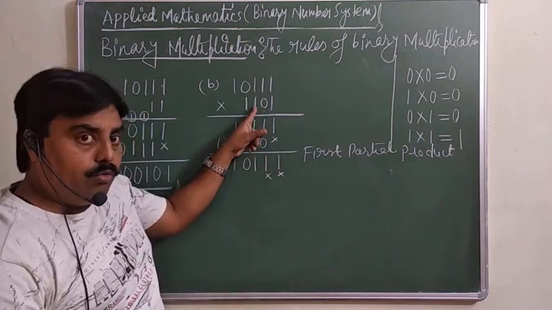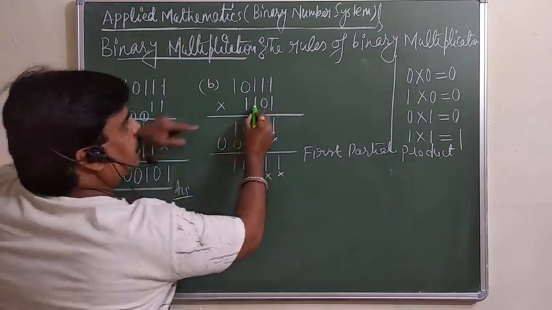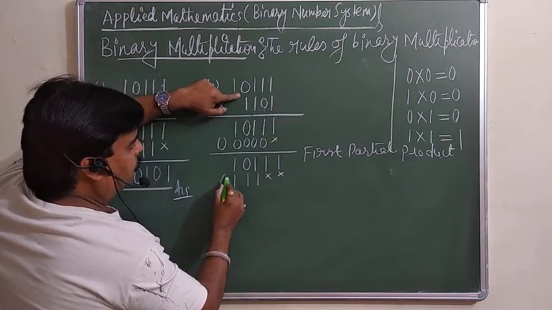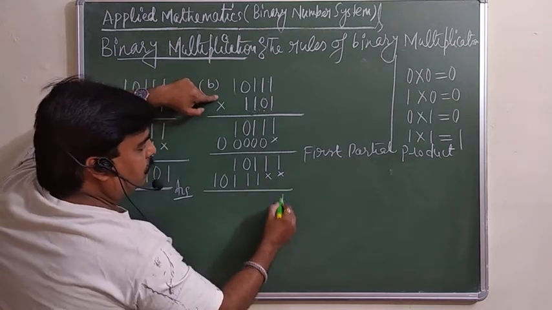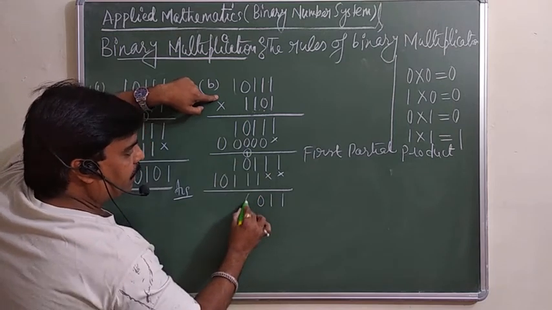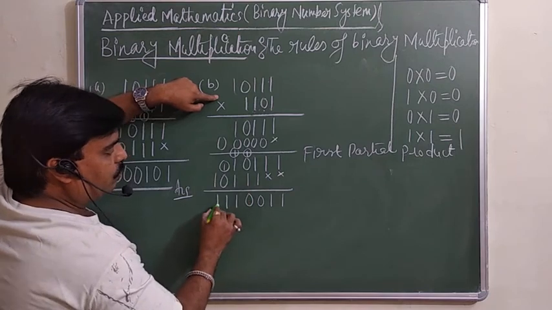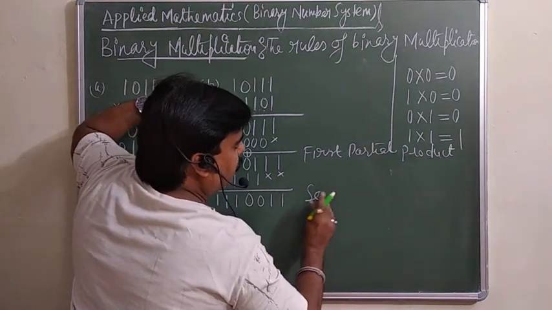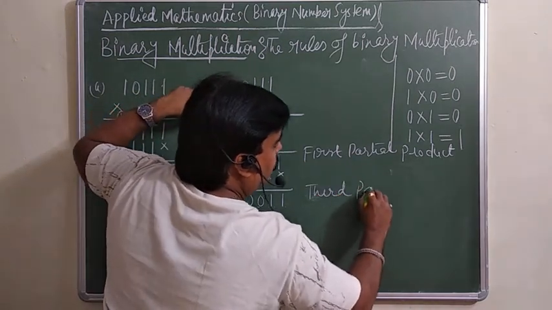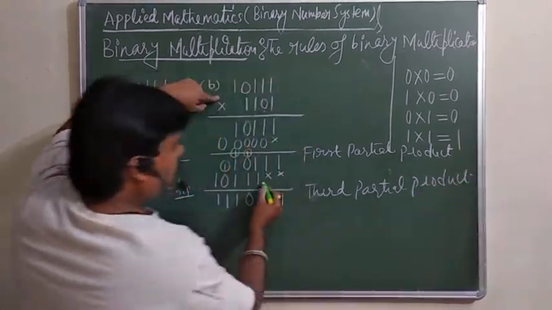Now for this one we will do, so it means 2 digits you must leave. 2 digits you must leave. Of this by 1 you have to multiply this one, so you will get 1, 1, 1, 0, 1. You can add them. So this is 1, 1 will remain. 1 plus 1, 10. This is carry 1. 1 plus 1, 10, 0, carry 1. 1 plus 1, 10 plus 1, 11, carry 1. Here is 1 and 1. And this is your second. Means that is, it's not the second, it was this. This is your third partial product. We are doing, this is the third one.